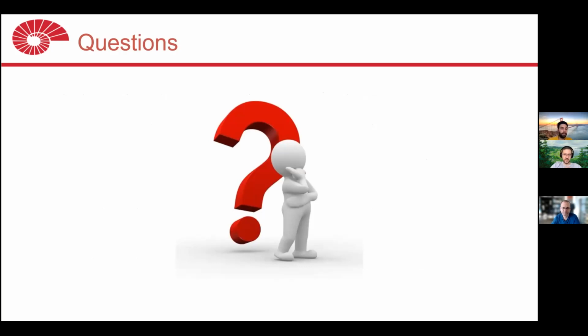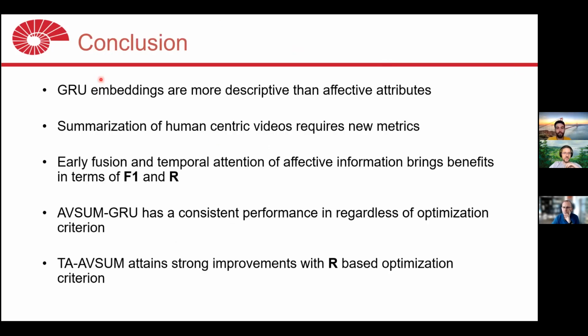Thank you, Berkay. Yes, we are open to questions from the audience. So Berkay, maybe I missed it, but in the conclusion slide, you mentioned that these GRU embeddings perform much better compared to using these affective attributes. What do you think is the main reason for that? In GRU, you consider the temporal information by accumulating these embeddings through the time domain. Is that the reason, or any other reason that you can think of?